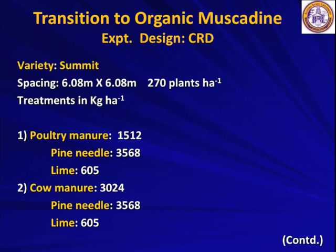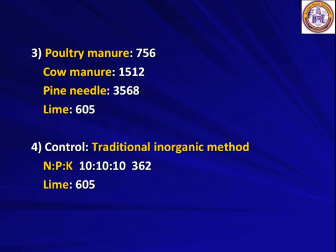And this is the old traditional spacing at 20 by 20. We can have 108 plants in 1 acre of land. And the latest spacing recommended is 15 by 20. Plant to plant distance 20 feet, row to row distance 15 feet. You can have 145 plants per acre. So if it is the traditional method, the one we are doing, we can have 10,000 pounds of muscadine per